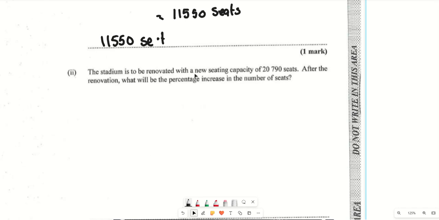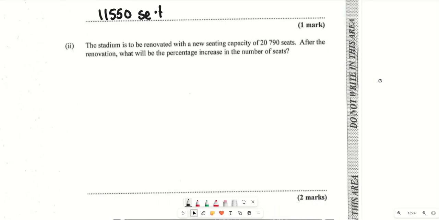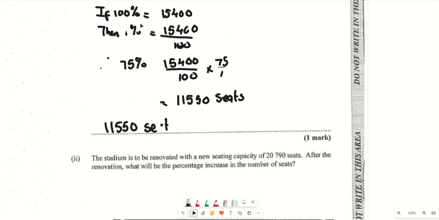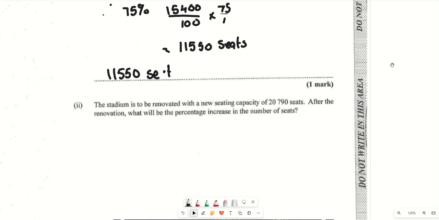The stadium is to be renovated with new seating capacities of 20,790. Calculate after the renovation, what will be the percentage increase? They want to know what will be the percentage increase in the number of seats. So they want to know how much it increased by, right? Now, again, we can do the if, then, therefore, right? But in this case, we want to find out percentage. So you're going to say if